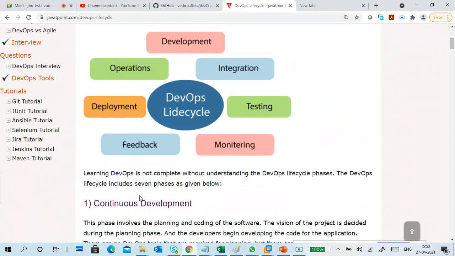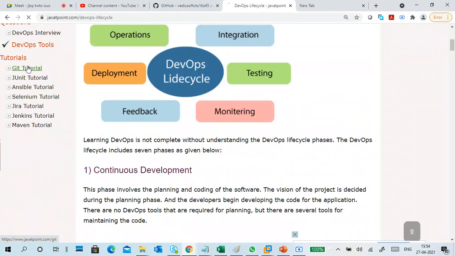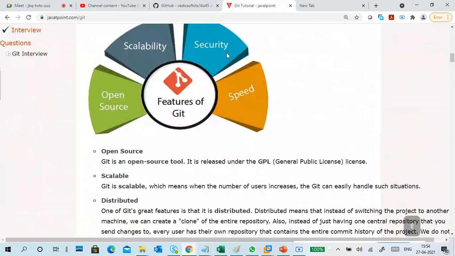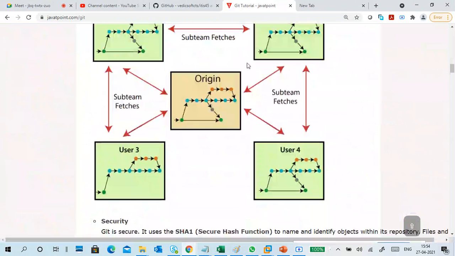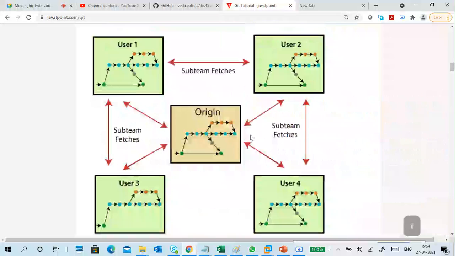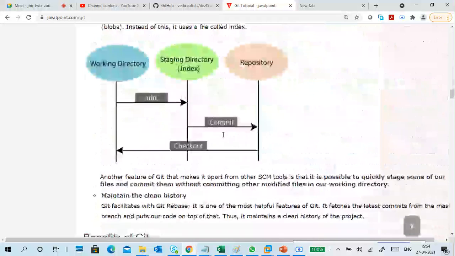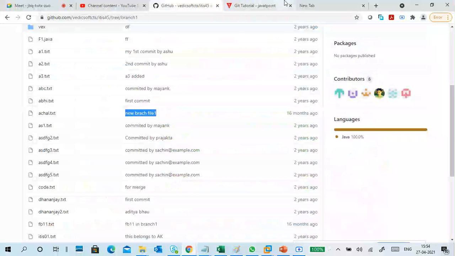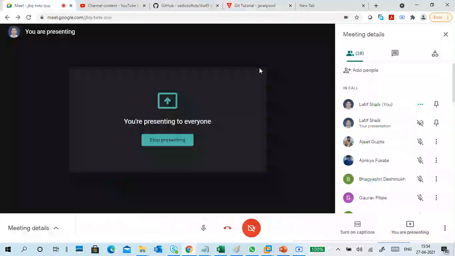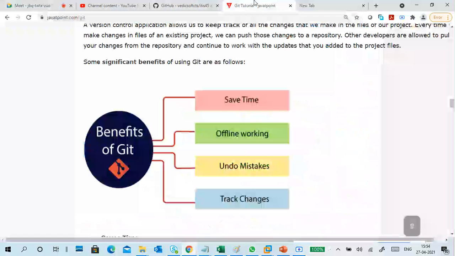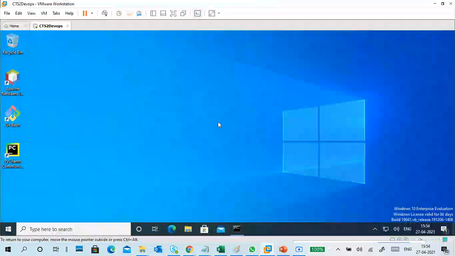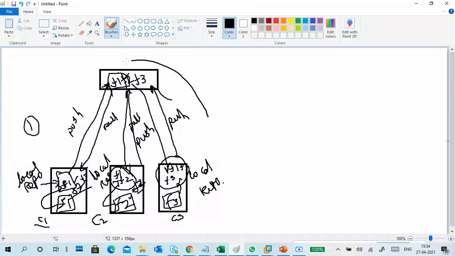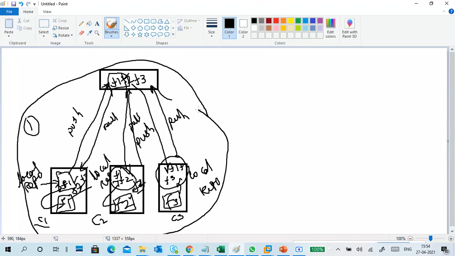You are able to do DevOps in Azure and other areas. One by one tutorials are there, like GitHub. What is Git? What are the Git commands? Other things are available. What is origin? Like this. If you go there you will understand more. As per me, Tutorialspoint gives more details about your version control system. So this is your versioning.